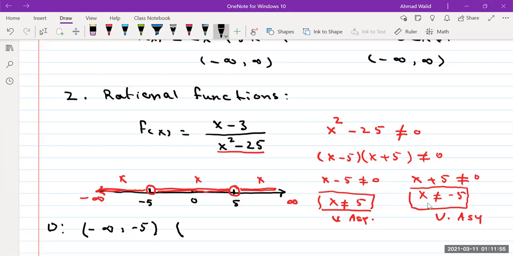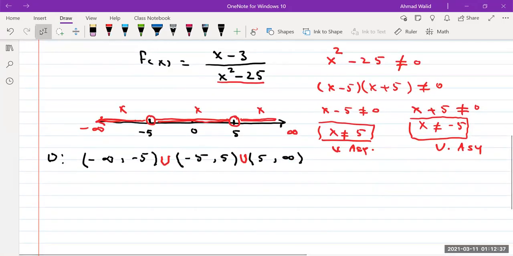Now, the second part starts from negative 5 to 5, again parentheses. And the third part starts from 5 to infinity. To connect all these as one domain, we use the union symbol. We connect them with what? With union. That is the exact way that you are writing your domain, correct? The domain of this function is from negative infinity to negative 5, from negative 5 to 5, and from 5 to